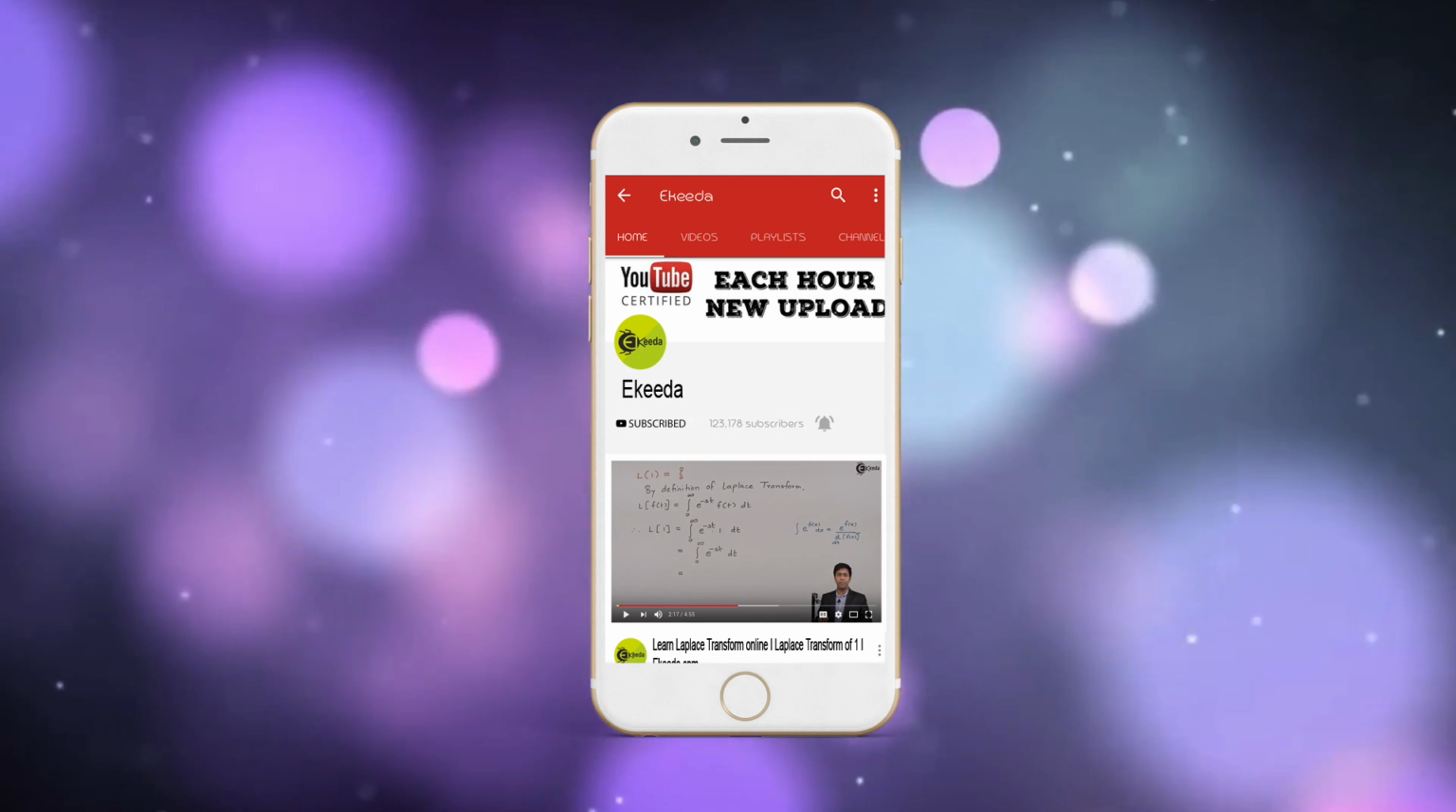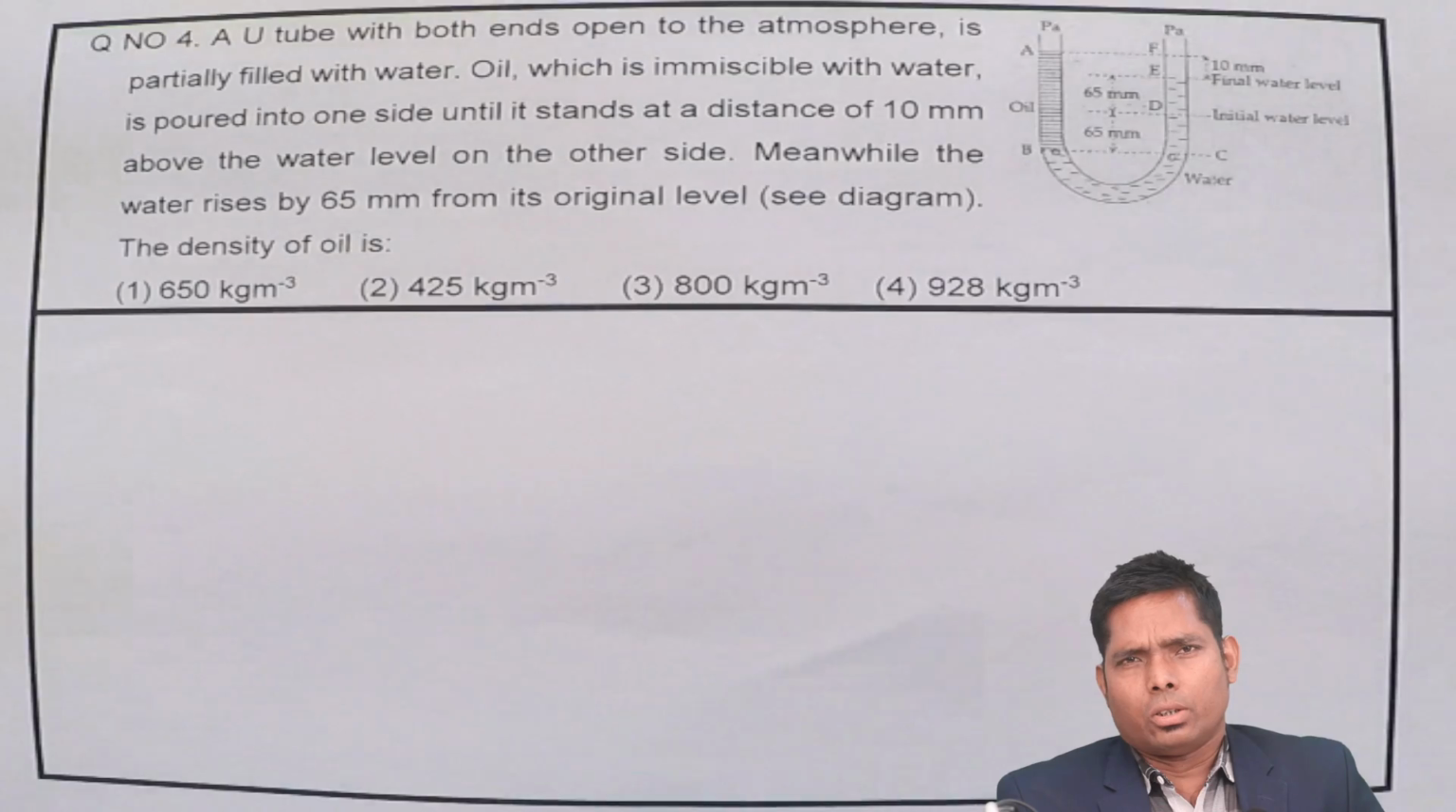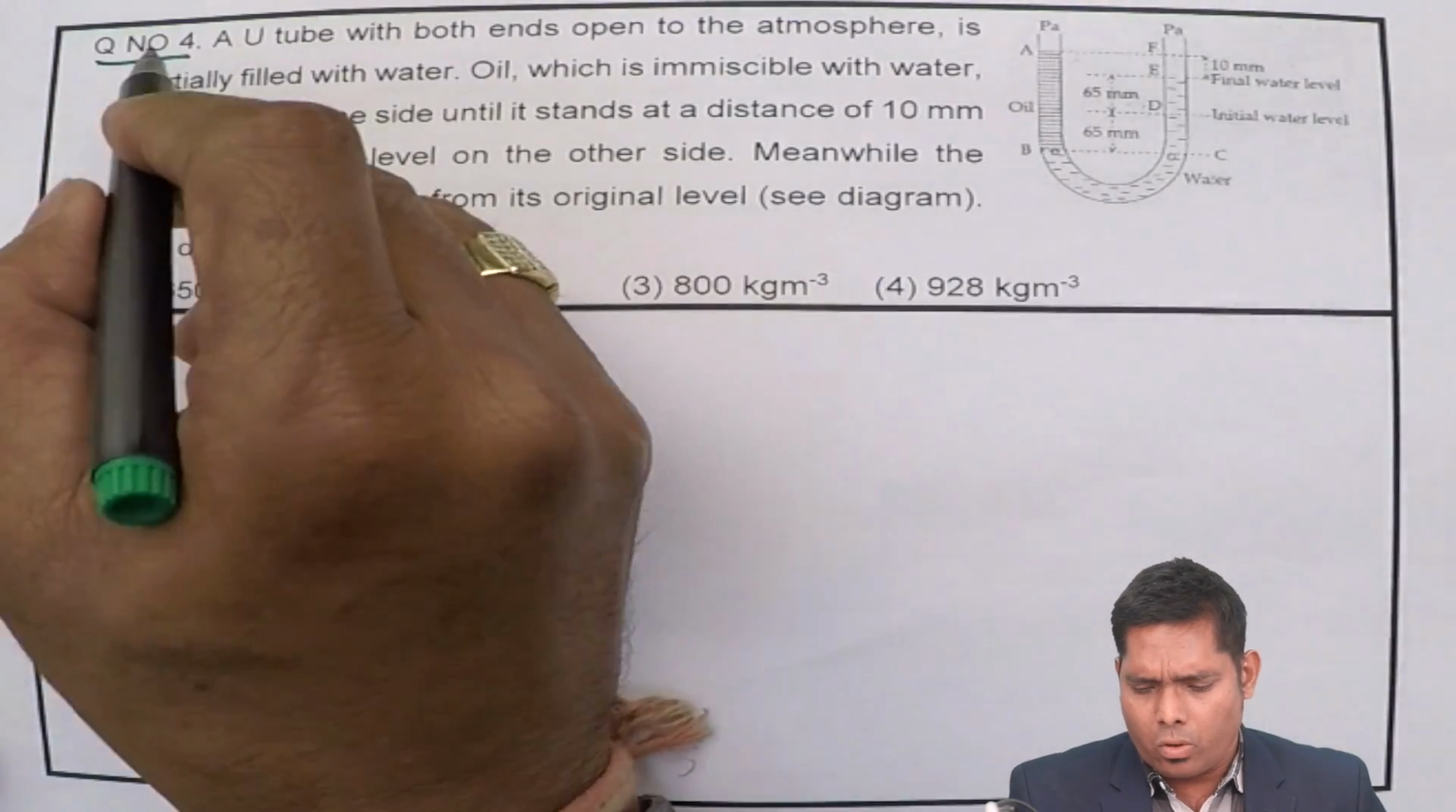Hello students, let us solve question number 4 of NEET 2017 physics paper. So let us start with question number 4. Students, let us solve question number 4, which says